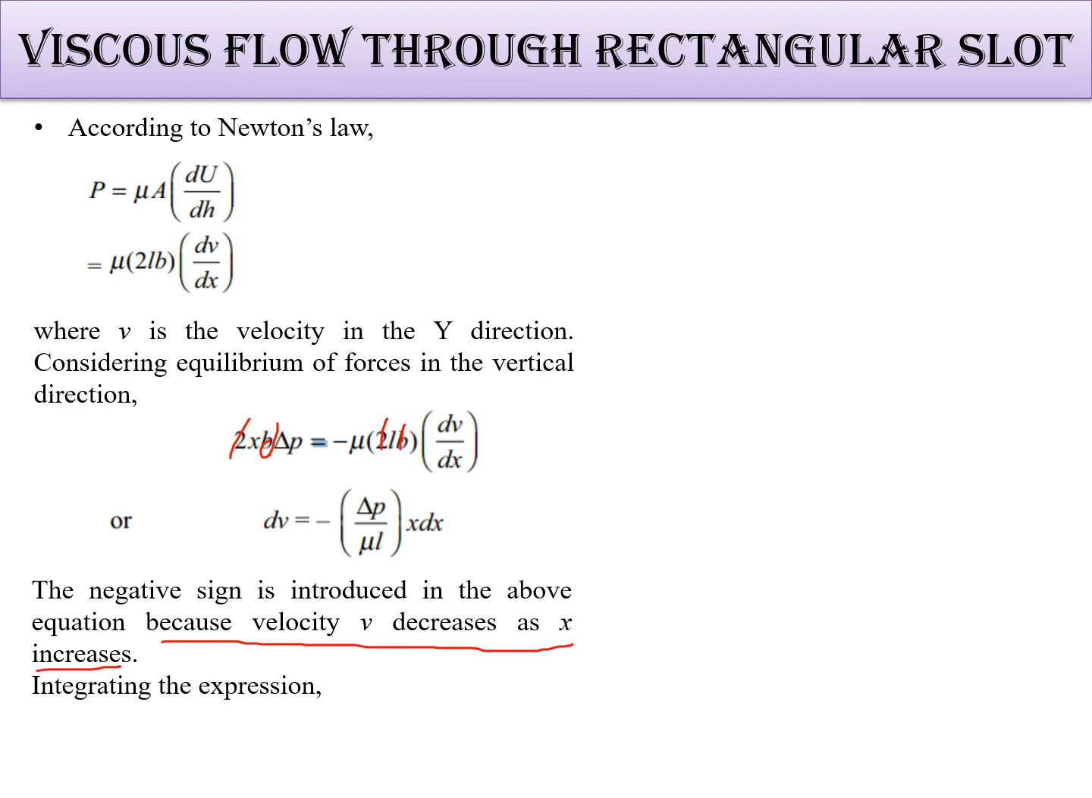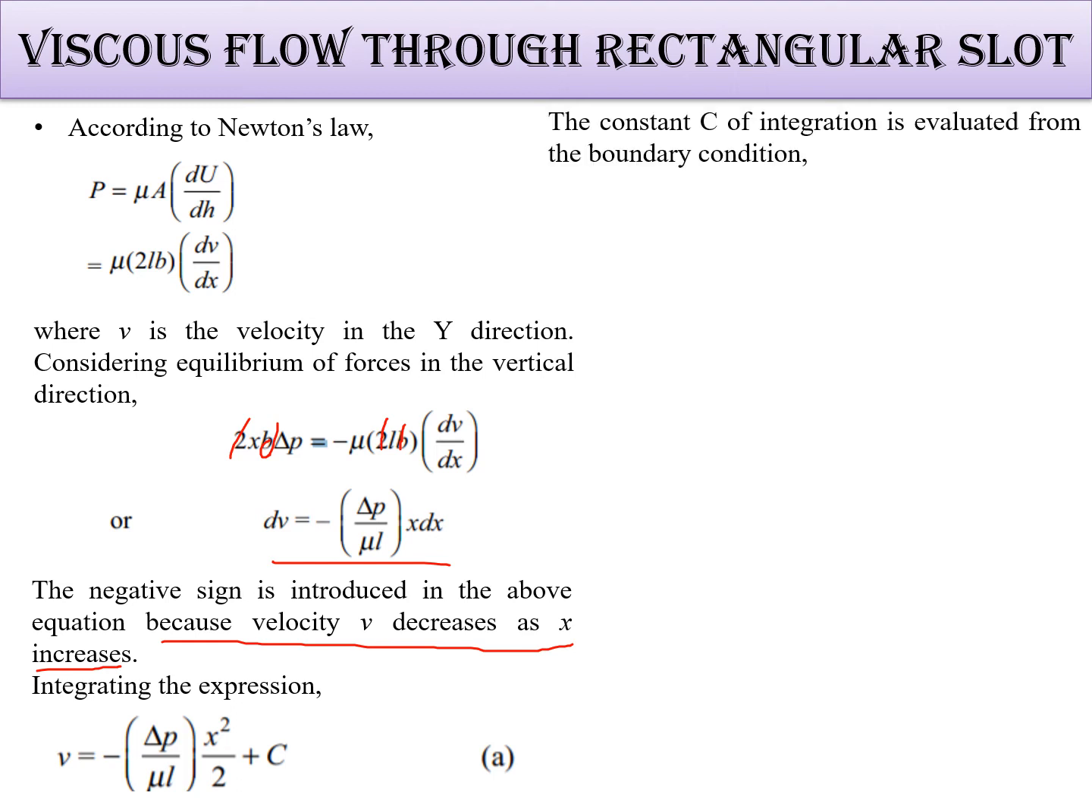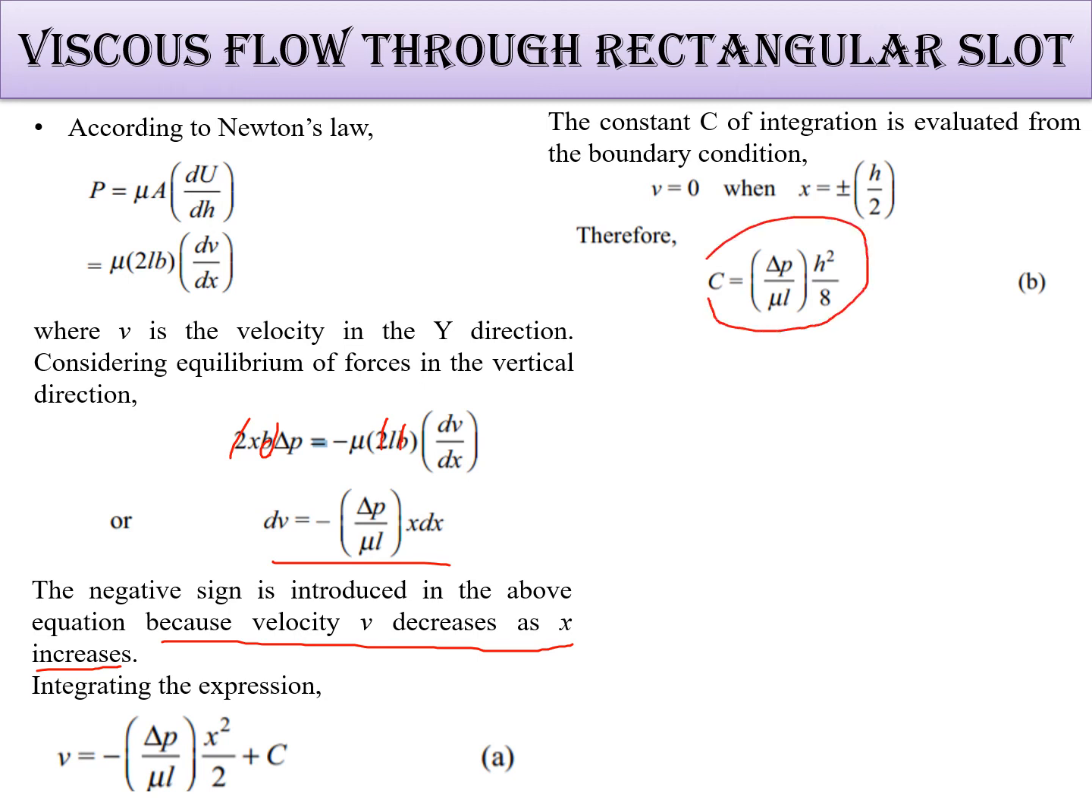Now by integrating the above expression, we get v equal to minus delta P by mu l times x square by 2 plus C, and this is term A. The constant C of integration is evaluated from the boundary conditions. The boundary condition is v equal to 0 at x equal to plus minus h by 2. So C is equal to delta P divided by mu l into h square by 8. This term is A, this term is B. Now putting this value of C here,